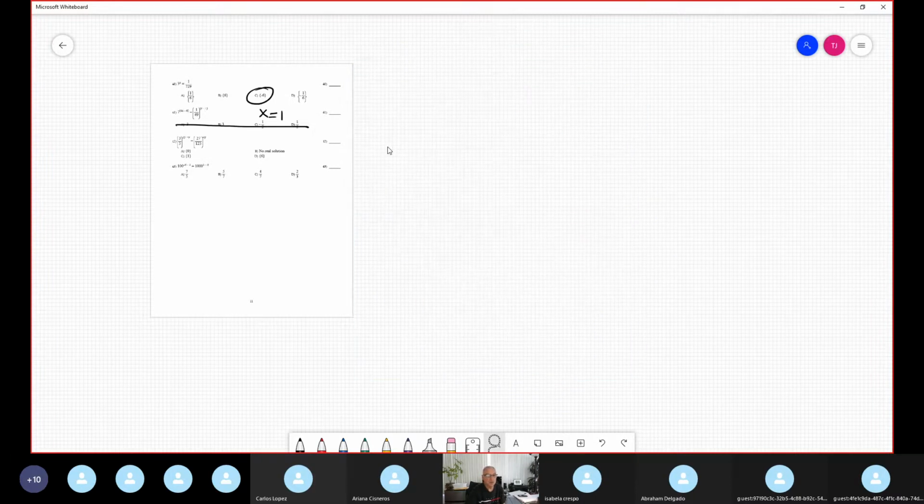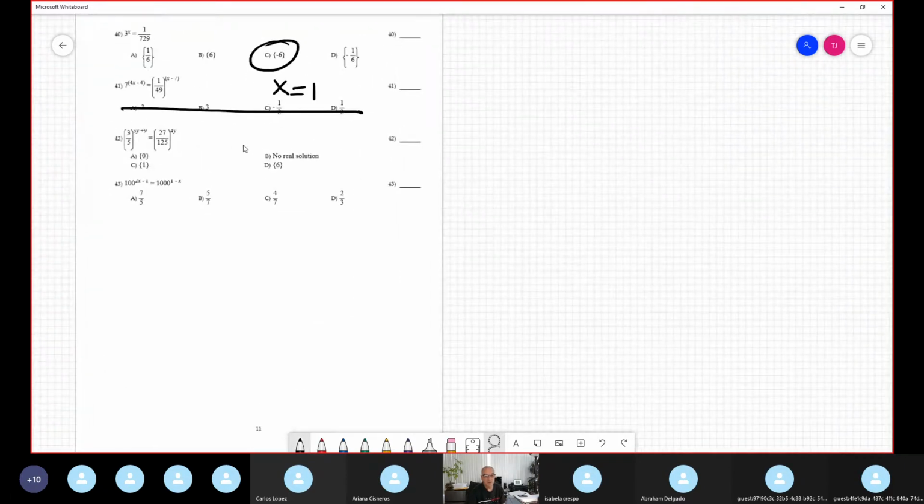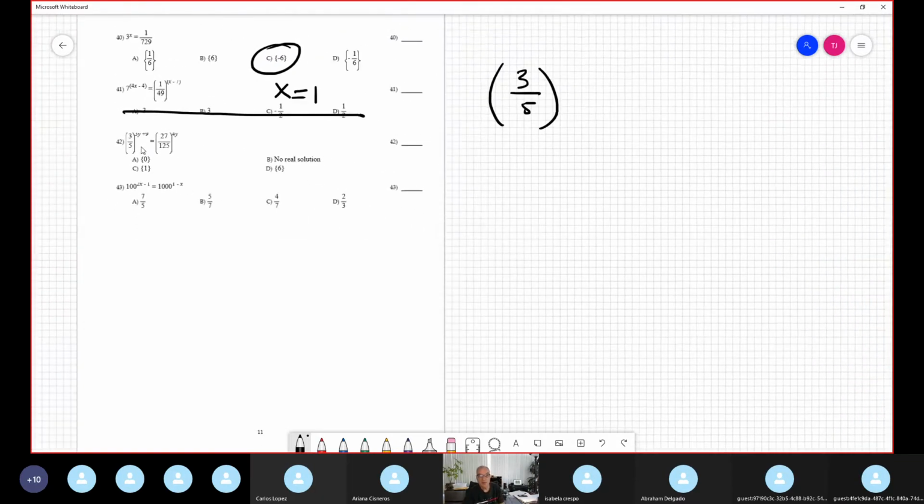Remember, our test is not multiple choice. You don't care about the choices. This is 3/5, 42, 3/5 over what? 3y plus 9. 3y plus 9 is equal to 27 over 125